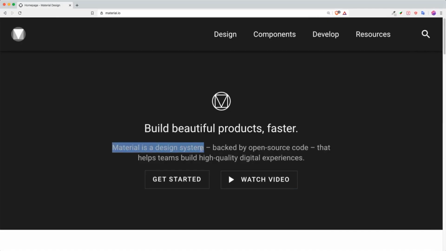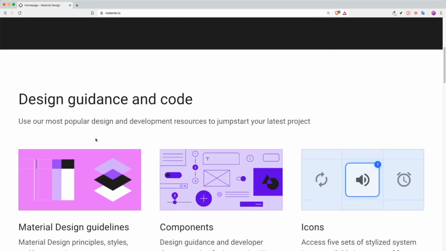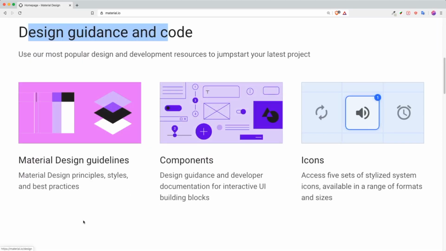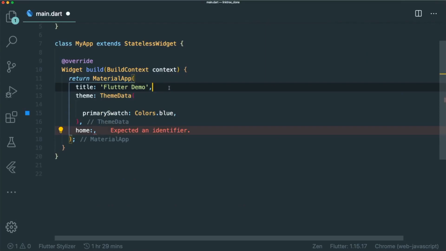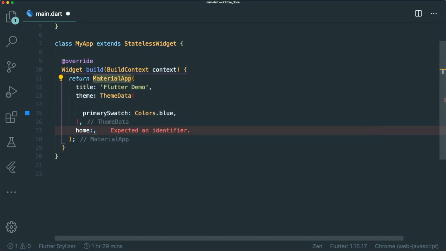Material is a design system that is built by Google, and it has all the design guidance and code for you to develop different material design kind of widgets. For example, buttons and maybe a switcher. And also material design has its own icons. As Flutter is being created by Google, you can start creating the material app as your root widget or the